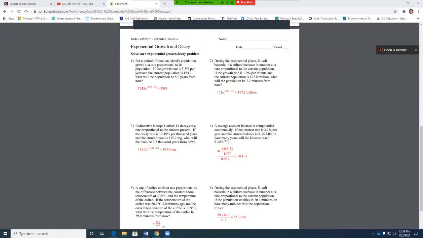Okay, so problem number 1 says for a period of time, an island's population grows at a rate proportional to its population. If the growth rate is 3.8% per year and the current population is 1,543 people, what would be the population in 5.2 years? So since the island's population is growing at a rate proportional to its current population, this is going to be